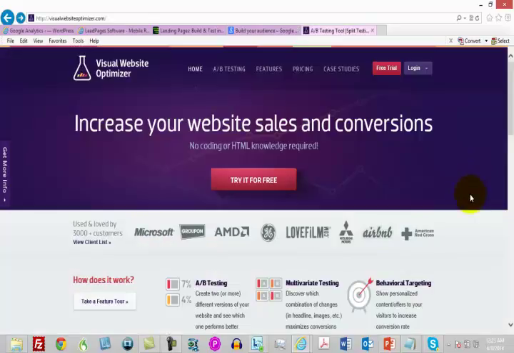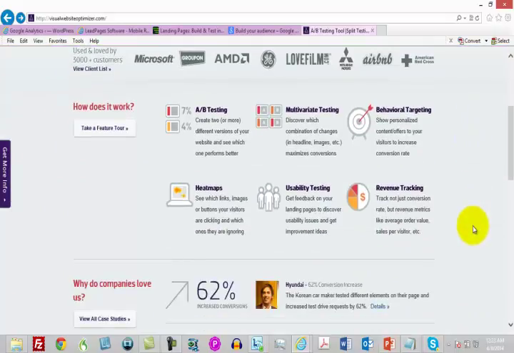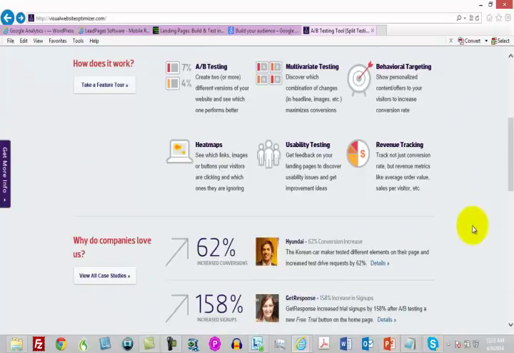Now, one of the tools you're going to be looking to use is Visual Website Optimizer. You can actually get started on a 30-day trial for free once you start getting traffic to your particular page or to your offer. This is going to be a great tool because there are going to be a couple of things you're going to need in order to maximize the traffic. One thing in particular you're going to be able to do, as you can see here, is A/B testing. So you'll be able to tell by making certain changes to things that are on your page how your visitors